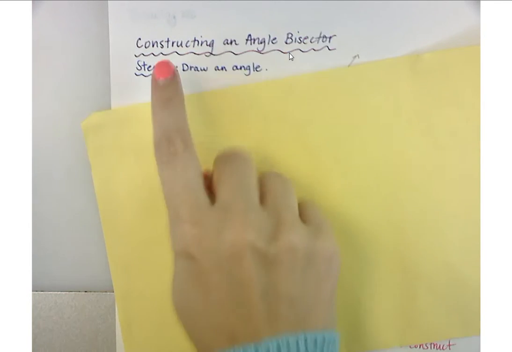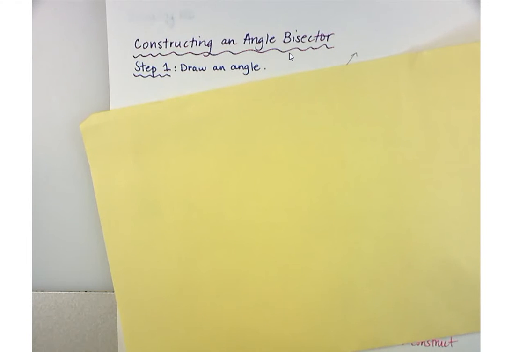So the next thing that we're going to do is construct an angle bisector. And that's why I gave you the orange compass. Guys, you gotta stay with me. When you're constructing the angle bisector, the first thing we are gonna do is draw an angle. We are going to draw an acute angle, but we're gonna draw it towards the bottom of the page because we are going to need room